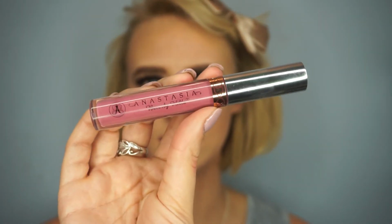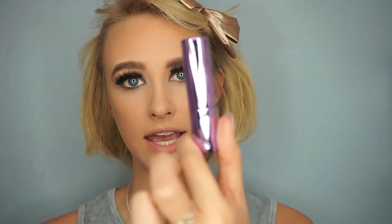Beverly Hills has one that I really like, and it's called Soft Lilac. I like to use this for kind of more special occasions, but it is super pretty. And I just picked this up maybe a couple months ago. It's an Urban Decay lipstick, and it's in sheer. It's called Walk of Shame, and it looks like this. It comes in a purple case like this,